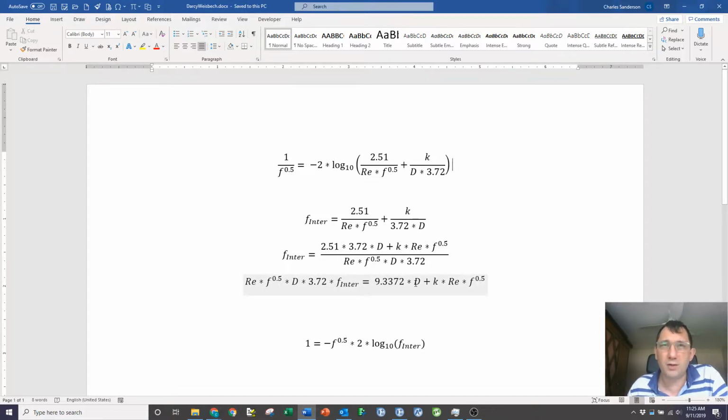So I'm avoiding the chance of a divide by zero error, and taking advantage of the fact that ACM can have multiple variables on the left-hand side of an equation as well as on the right-hand side. If I were thorough, I probably would divide through by 3.72, but that would put a divider over here, so no real advantage. And then finally, this f-inter, I'll put back into this equation, multiply through by the square root of f, and again avoid that divide by zero potential. I've now got two equations in place of one, but I've got rid of all the divide bys and hopefully have a more reliable solution path.